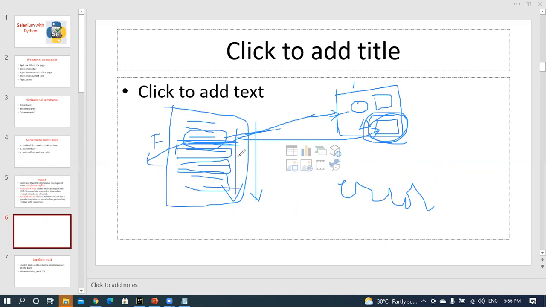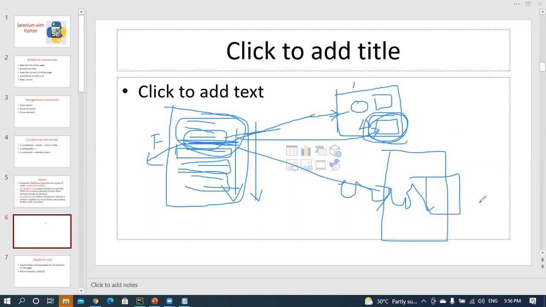For example, you have one set of code for one web page, and another set of code for another web page. Here it does not wait. For example, the web page is loaded, but sometimes some elements, like tables, take time. Loading the table takes more than 1 second. The table values may take 1 minute or 2 minutes, and at that time it does not wait.